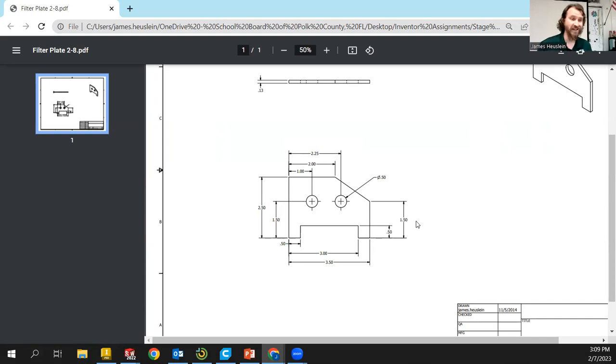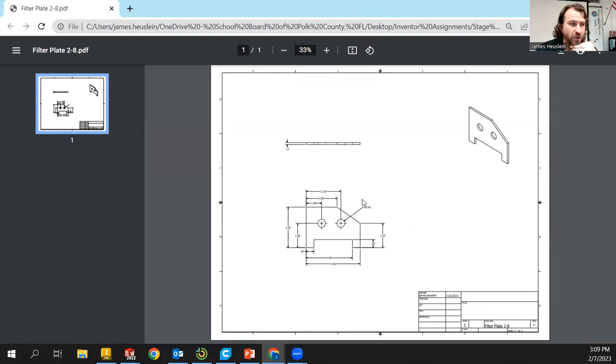If we make them in the beginning, it'll be quicker. And that's what it's about. It's about making this part as efficiently and as quickly as we can, with the fewest number of steps and headache to get there, right? So this is where we're going to start. We're going to start with the front view of this part, and we're going to create